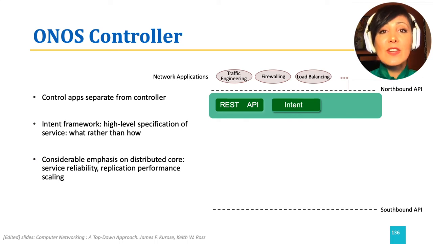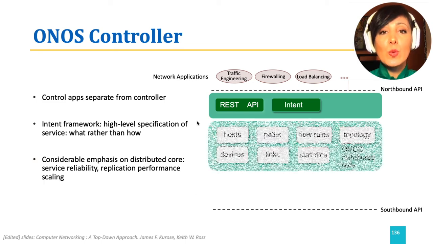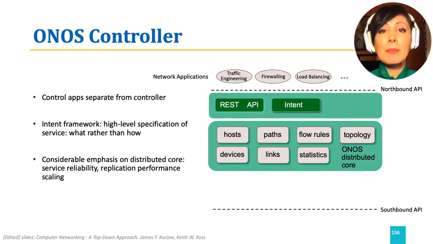This allows a service to ask for a high-level control function like end-to-end connection, without knowing the details of the network provision involved. The main body of the controller, which is called ONOS Distributed Core, is implemented as a set of interconnected servers, providing the service with high reliability and replication for performance scaling. The southbound abstractions and protocols abstract the heterogeneity of underlying supported devices that communicate through the southbound interface with the